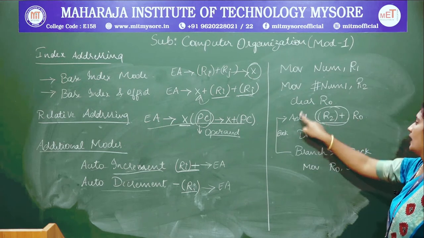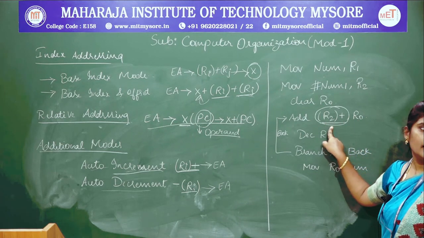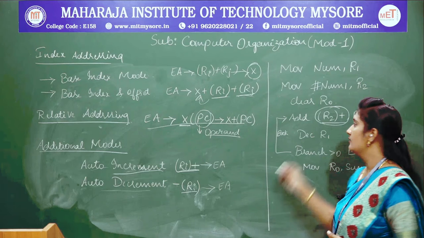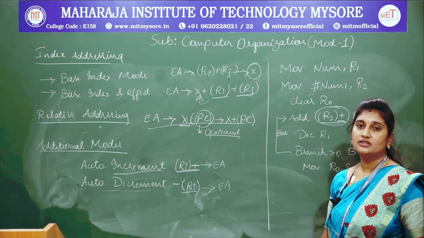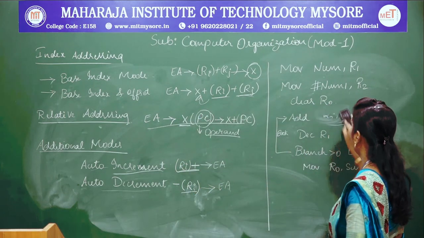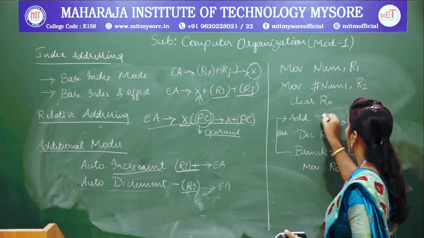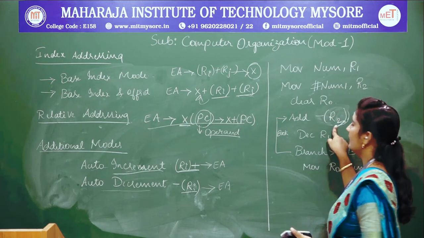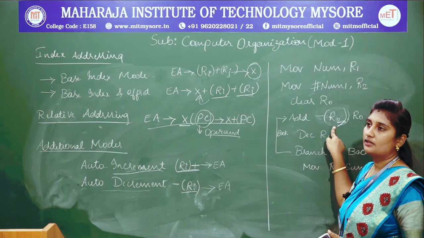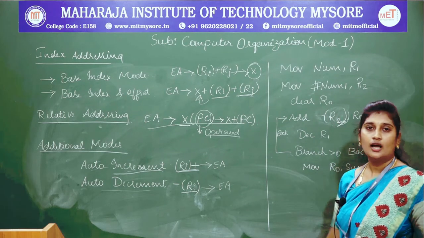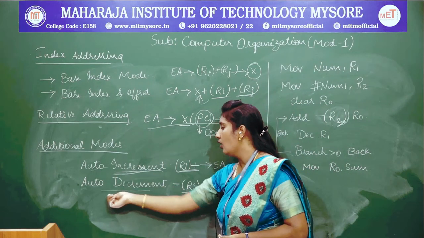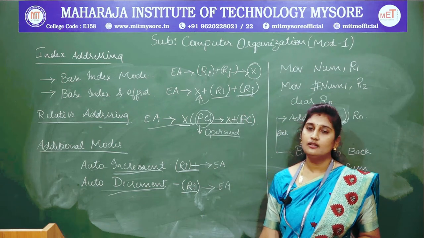So what it means is I will be calculating the effective address and taking the contents of the register, and to move on to the next entity, I will be incrementing my general purpose register. Same if I need to do it with the auto decrement mode, I will first be decrementing the contents of my register and then I will be moving to the effective address of this register. Fine. Next I will be taking that contents and moving on to your R2, R0 register. Fine. This is how your auto increment and auto decrement addressing modes operate.